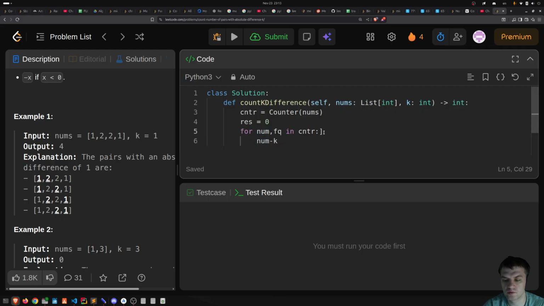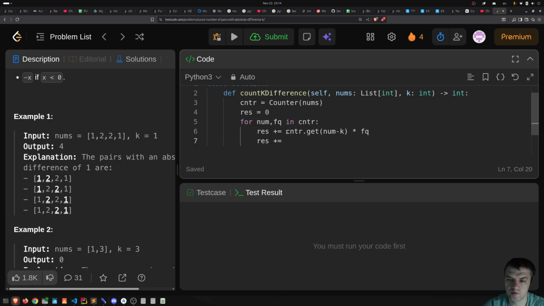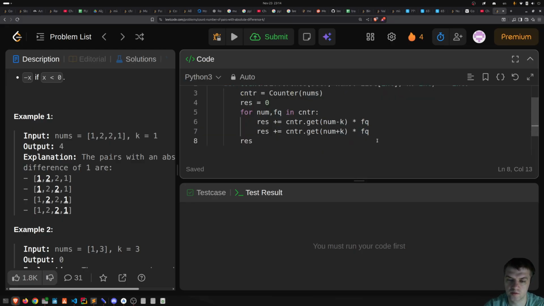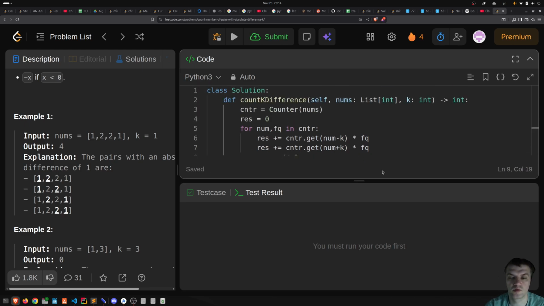if res plus equal counter get num minus k multiplied by frequency, and then result plus equal counter num plus k multiplied by frequency, and then result equals result divided by 2, return result divided by 2, because